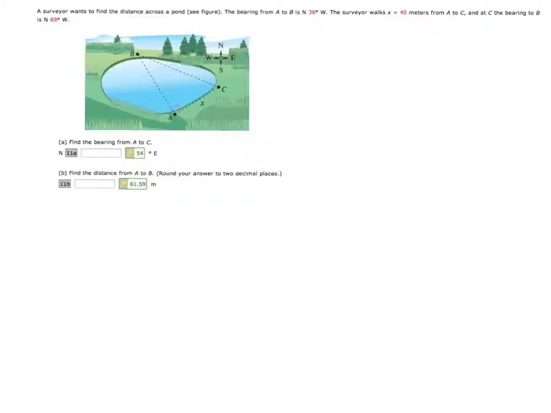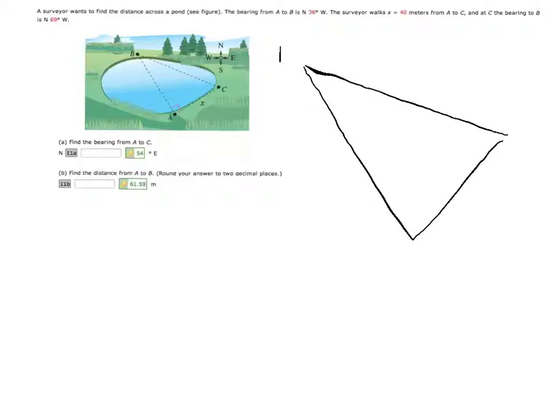So we know that if we draw another little picture here, I think this will get a little bit bigger triangle. And then, this is B, this is A, this is C, and if x is equal to 40, that means this is 40. So now when you're looking at trying to figure out your bearings,